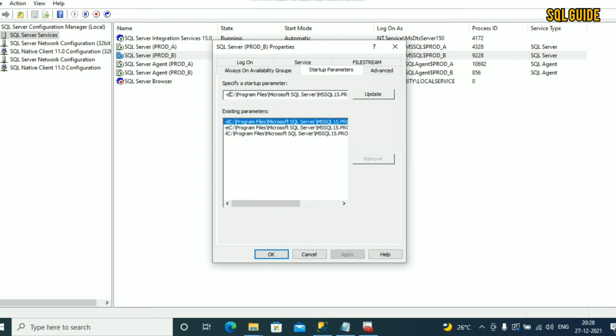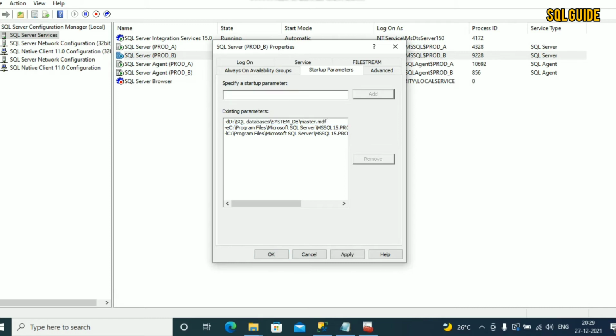After this -D, you have to change it. Okay, so this is the new location: -D, D drive SQL database system DB master MDF. Okay, update.